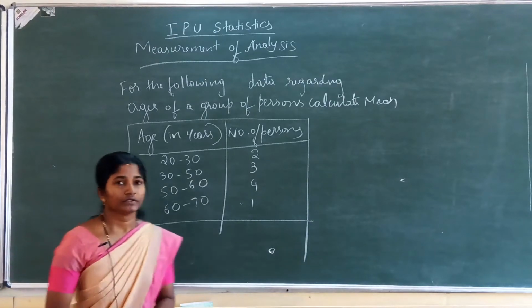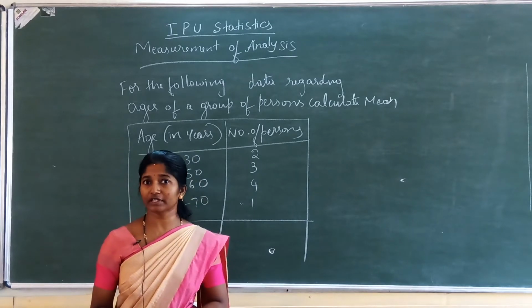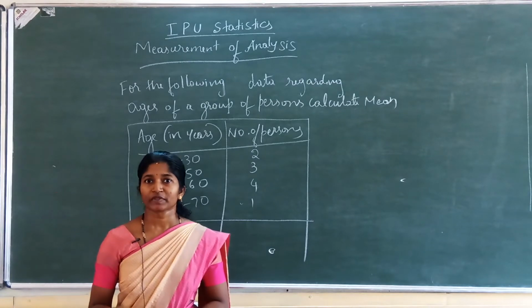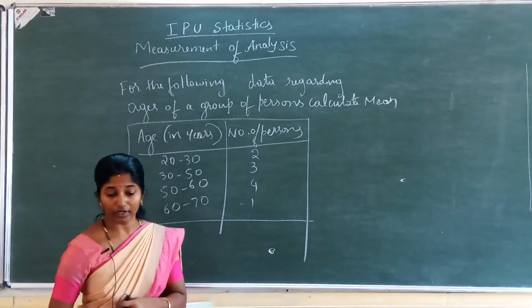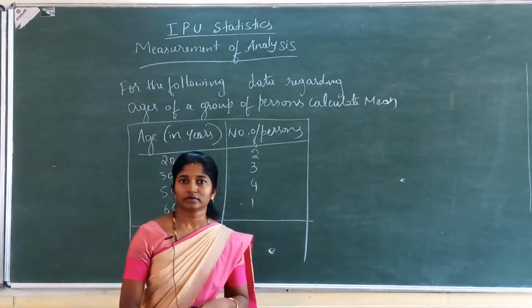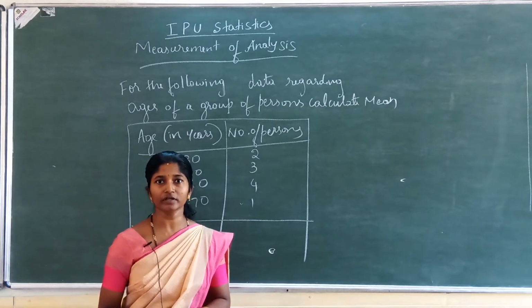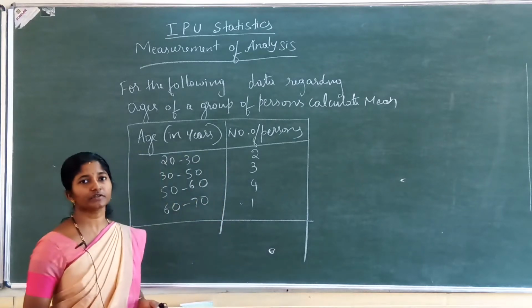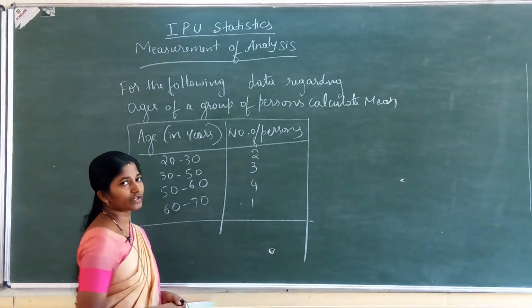Namaste everyone. So we have done the problem of continuous frequency distribution by taking the class interval of inclusive and also exclusive class interval. In the inclusive class interval, I have told that you can convert into exclusive class intervals, or you can keep it as it is in the inclusive only for the calculation. In the last class we have done the problem in the step deviation method. Shortcut method is very easy, or you can use the direct method also.